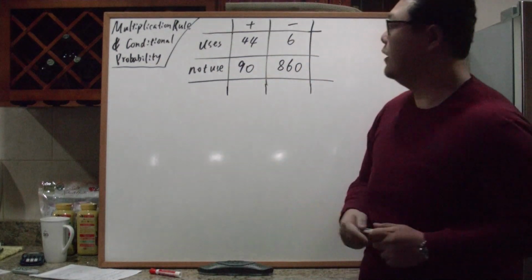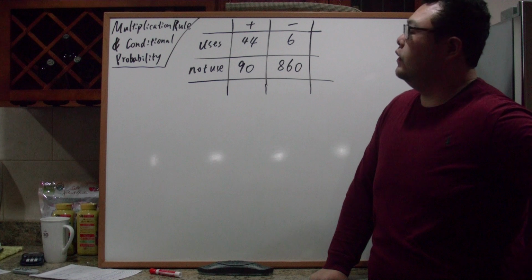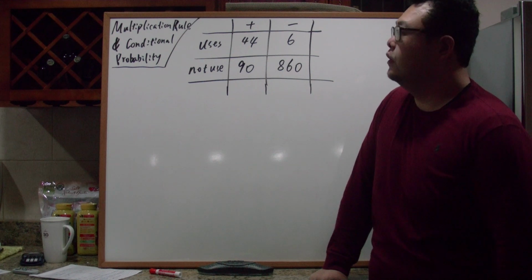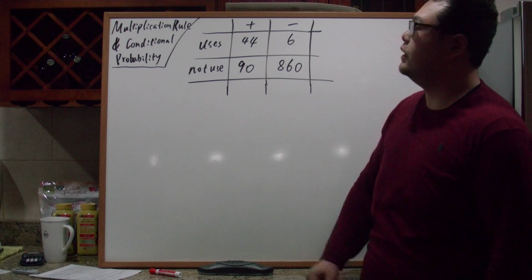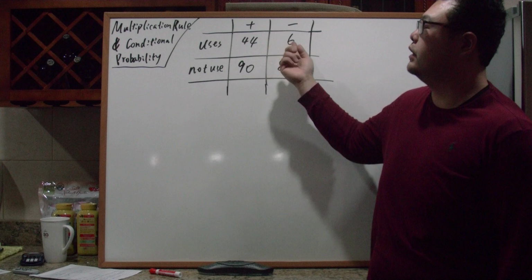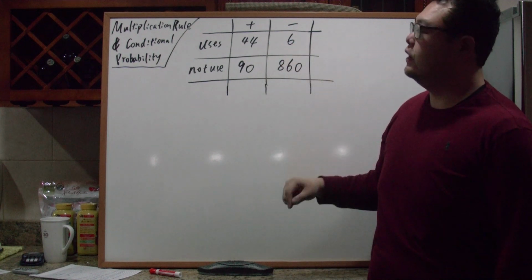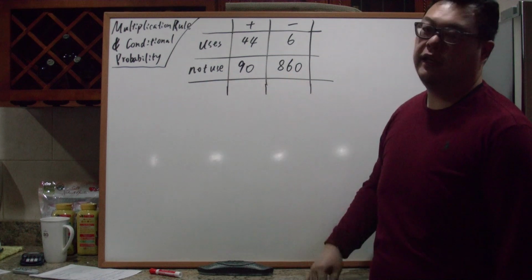The same table we had used before, for the individuals using drug and have test. The 4 individuals who use drugs and have positive result, use drugs and have negative result, not using drug but have positive, not using drug and have negative